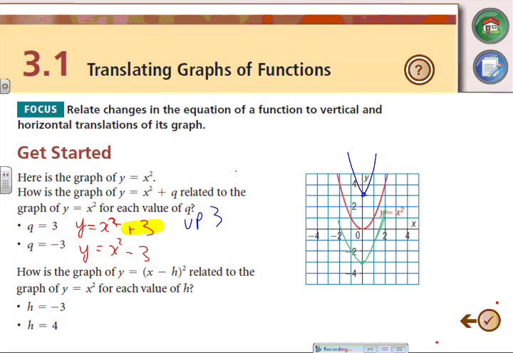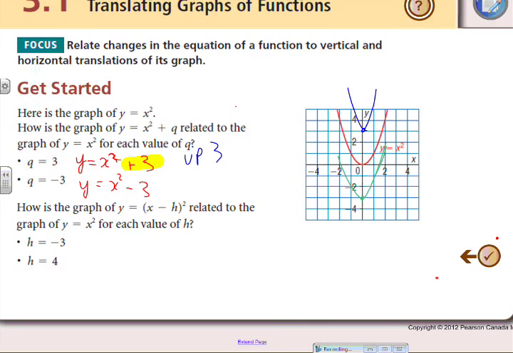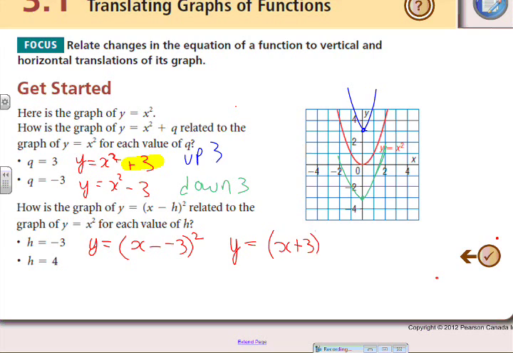The tricky part comes now when we start talking about what happens if we have x minus h inside brackets. So for instance, y equals bracket x minus a negative 3 squared, which is really just saying y equals x plus 3 squared. So notice that negative 3 became a positive 3 in here. If we graph that one now,